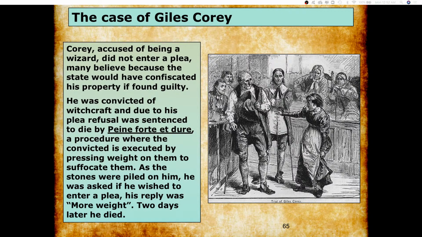So he's going to be convicted of witchcraft. And due to refusing to plead anything, there's a special punishment for him, which is being pressed to death. So he's executed by having a whole bunch of big stones placed on his chest. I mean, this guy's eyes and tongue are bulging out by the end. It's 2 long days where he goes through this. He curses Salem towards the end, and one of his replies when asked if he wishes to enter a plea is, hey, more weight. So yeah, after 2 days, he succumbs to this terrible way to die.